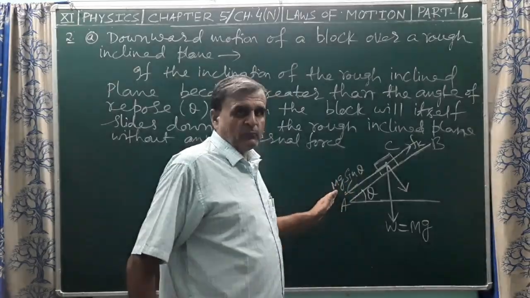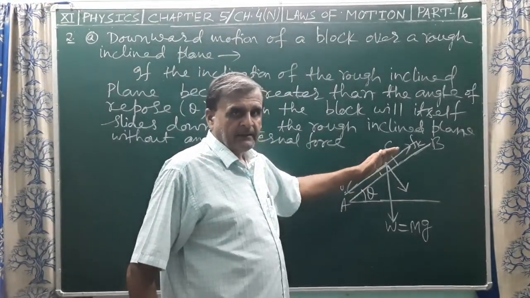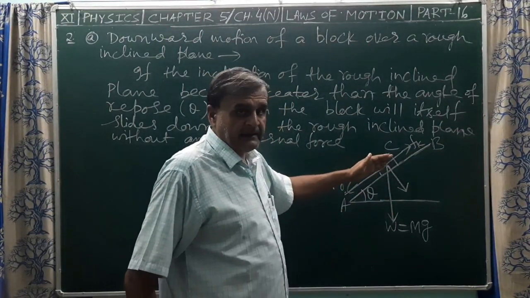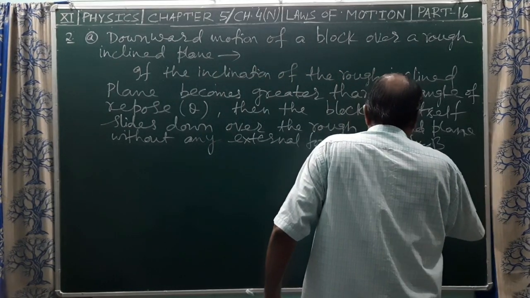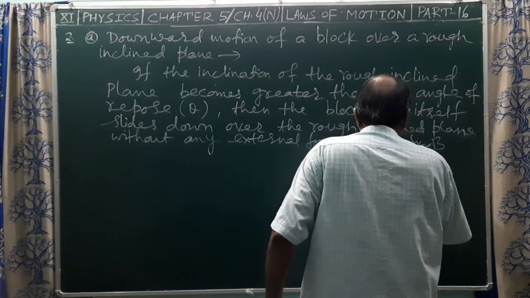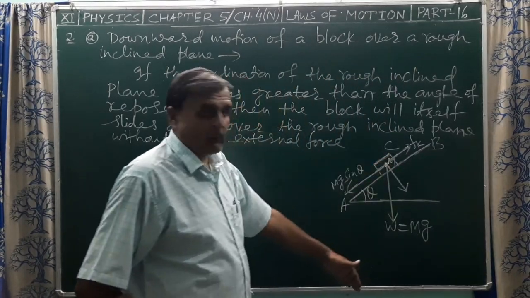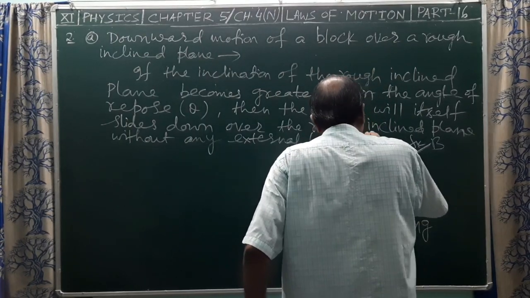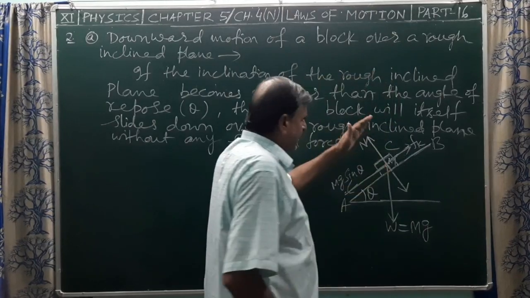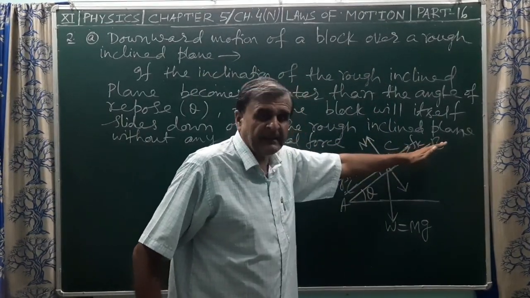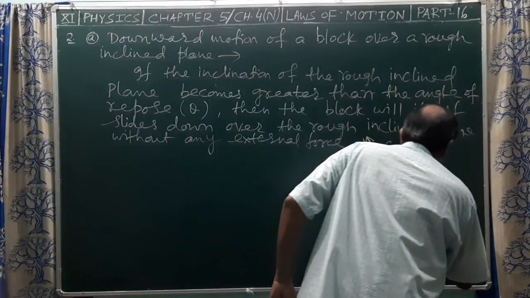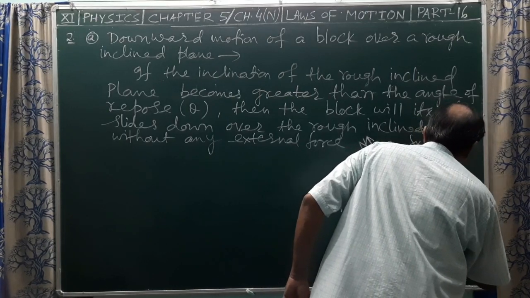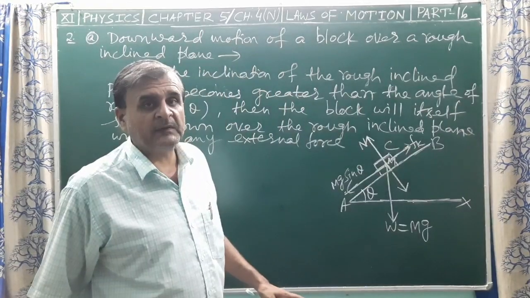वेट का एक कंपोनेंट mg sin थीटा जो डाउनवर्ड एक्ट करेगा और वह ब्लॉक सी को इंक्लाइन प्लेन पर बीए के अलॉन्ग नीचे की ओर स्लाइड करने में सपोर्ट करेगा, जबकि अपोजिशन में काइनेटिक फ्रिक्शन फोर्स एफ के ब्लॉक सी का सरफेस, ब्लॉक सी जिसका मास हमने सपोज किया है m kg, उसका वेट वर्टिकली डाउनवर्ड काम करेगा, और इंक्लाइन सरफेस का नॉर्मल रिएक्शन ब्लॉक पर अपवर्ड डायरेक्शन में एक्ट करेगा। लेकिन यह नॉर्मल रिएक्शन सरफेस इंक्लाइन सरफेस एबी के परपेंडिकुलर है, हॉरिजॉन्टल सरफेस के परपेंडिकुलर नहीं, क्योंकि इंक्लाइन प्लेन का इंक्लिनेशन अभी थीटा है जो एंगल ऑफ रिपोज से थोड़ा सा ज्यादा है,